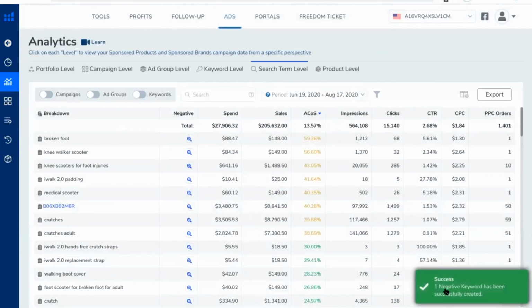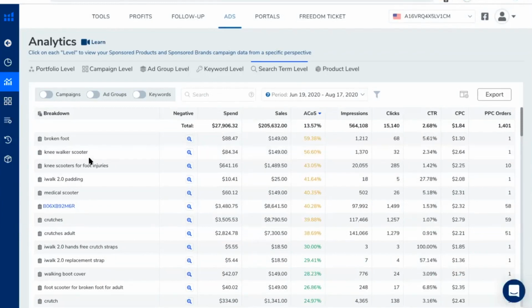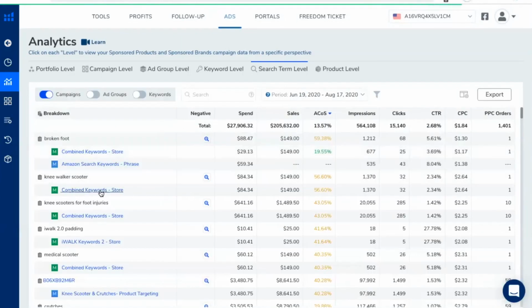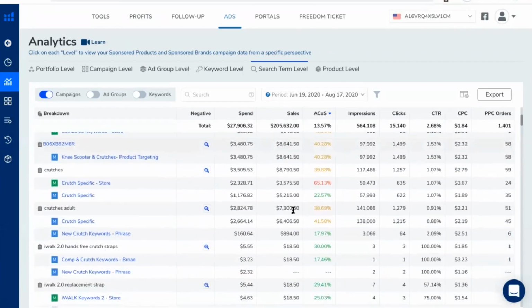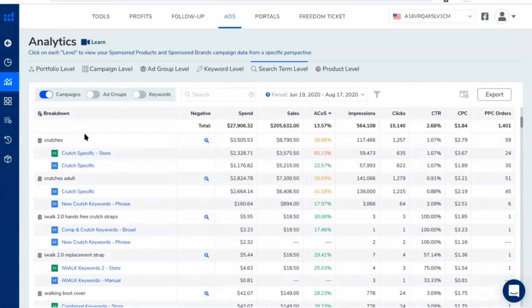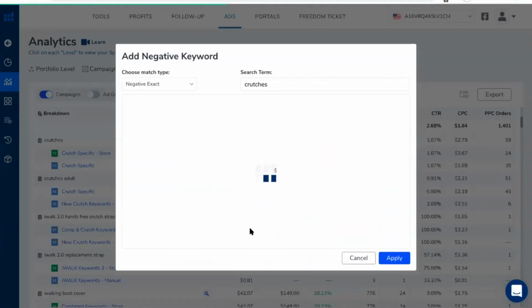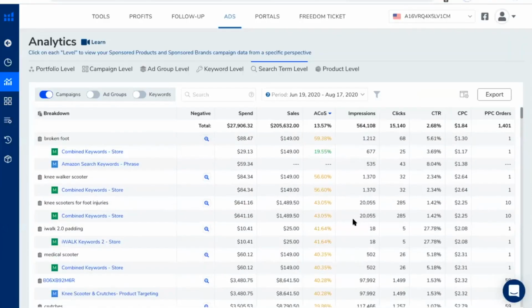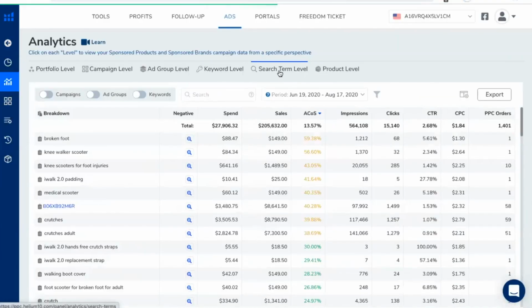And boom, just like that, that keyword is for this particular search term, Niwak scooter. Let's see. It's just that one campaign. So basically that search term is no longer going to be associated with that particular campaign. And once you do that, once you look down the line at different ones here, this one you can see here 65%. So that might be another one that you want to make negative. So again, it's just a really much simpler way of optimizing your campaigns using the search term report in Seller Central, or just using the search term level that you see here in ads.